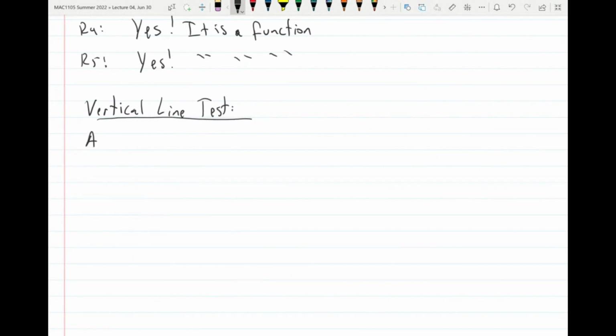Basically, I'll tell you when it's not a function. A relation is not a function if you can draw a vertical line that crosses the graph at 2 or more points. Okay? So a relation is not a function